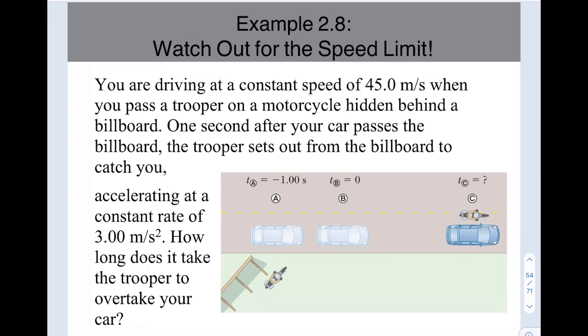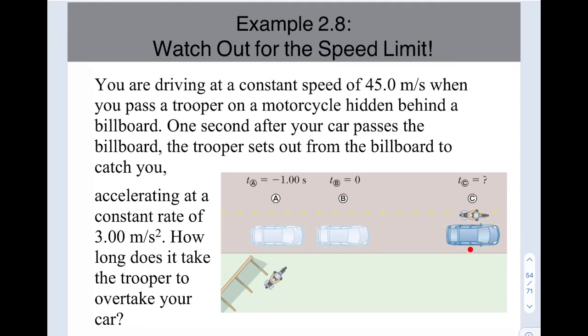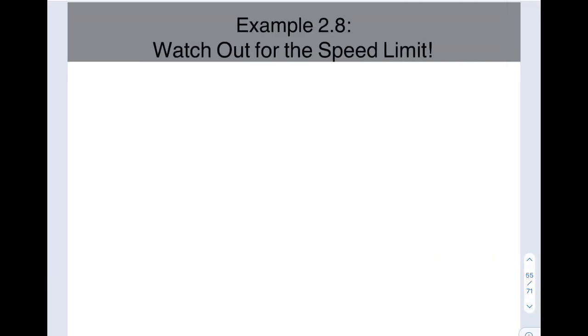To overtake, if you refer to this diagram, at least the trooper needs to be at the same position finally. This is the minimum requirement to overtake a car. At least the trooper is going to be at the same position as the car finally. This is the minimum requirement. So with that information,